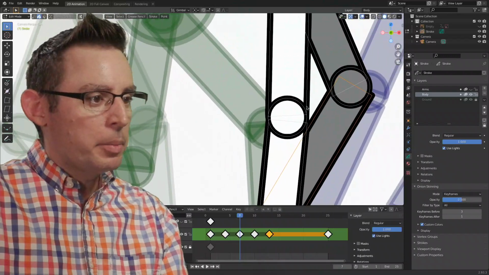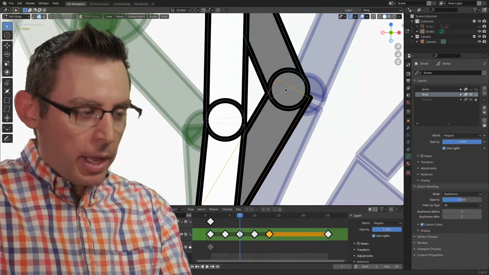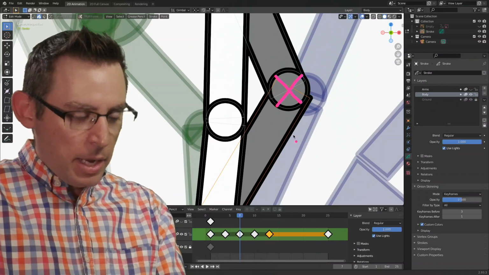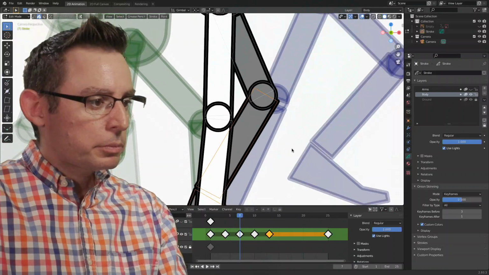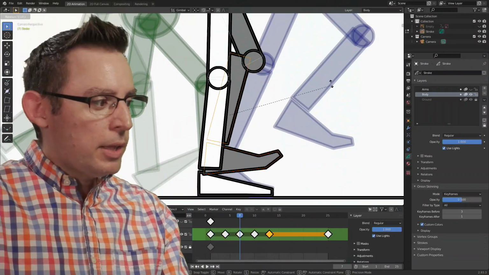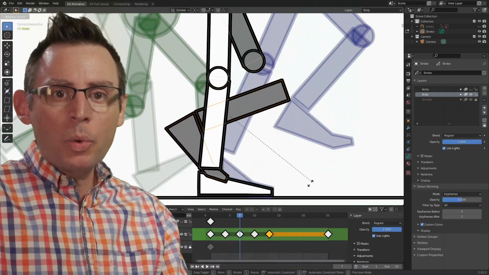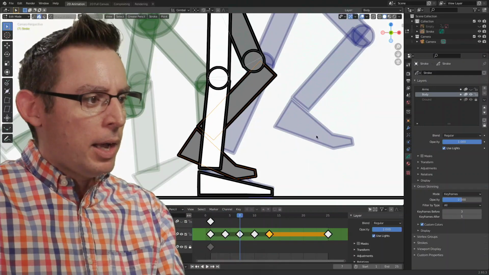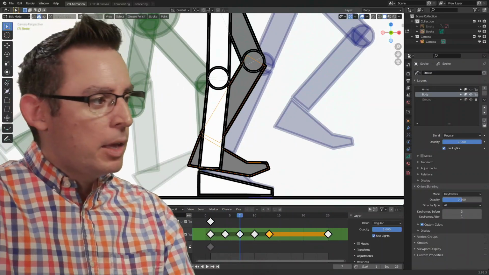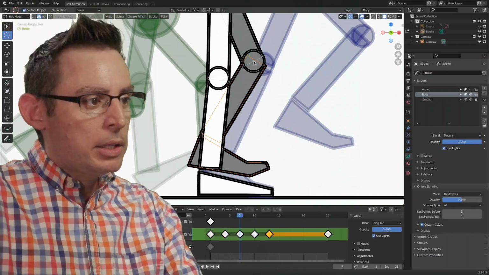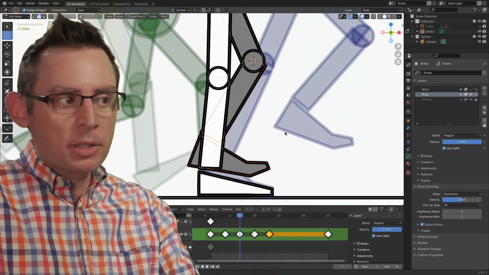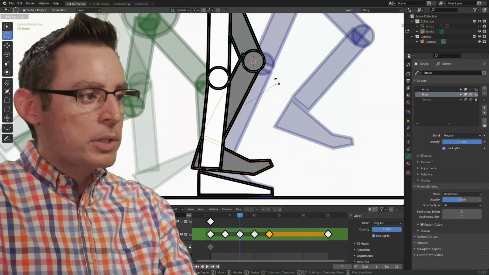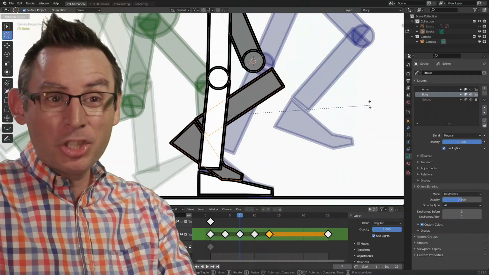Now, the first thing that we need to do in order to get this to work, let me zoom in here a little bit, is as a reminder, I want to have my rotation happen right here in the center of this X. Right now, if I were to hit the rotate tool, hit the R key, that dotted line represents where the location of rotation is taking place. It's in the middle of the calf, which is not what I want. I want it to be way up here at the middle of the knee. So let's grab the 3D cursor tool and click where we want the computer to rotate our objects. That's step number one. If we were to fire off the rotate tool, the R command, we're still getting the same results. So we haven't really changed anything yet.